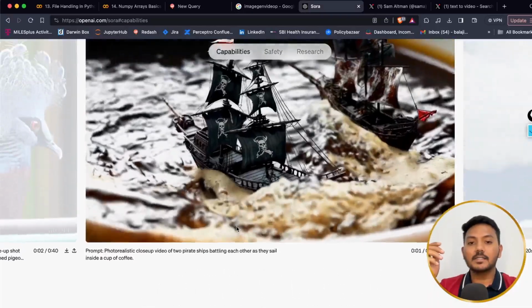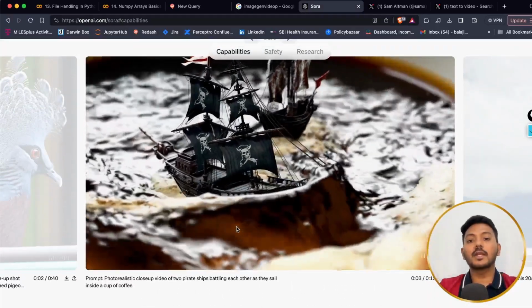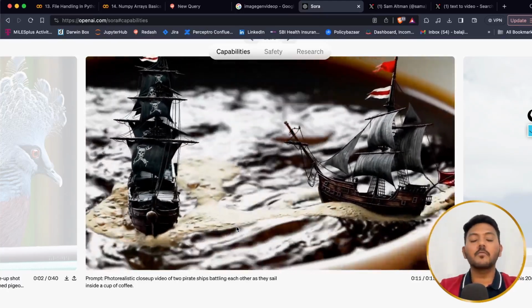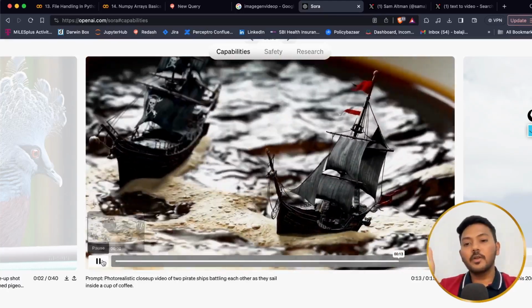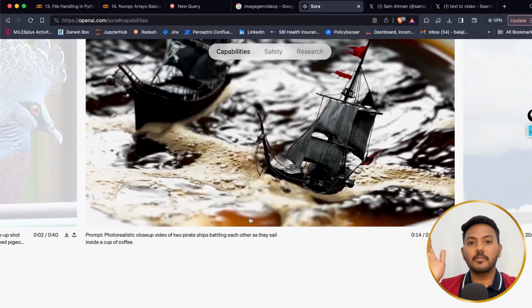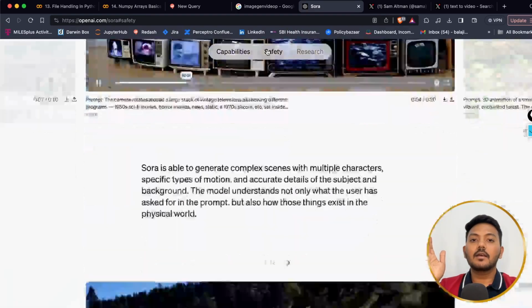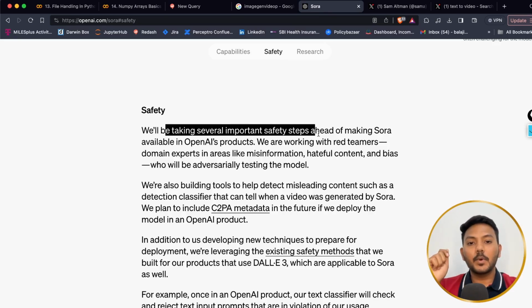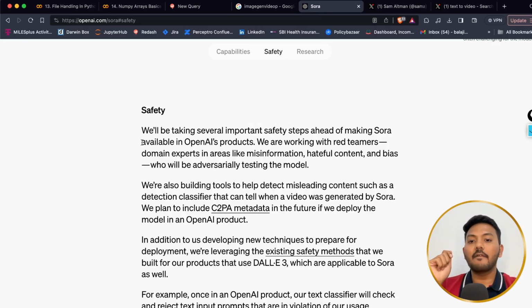And you might ask, by using these kinds of tools, one can generate content which is violating the policies, which is discriminating to someone, which will be like fake videos of people defaming and all of those stuff. Even for that, they are taking safety into precaution as well. We will be taking several important safety steps ahead of making Sora available in OpenAI product.